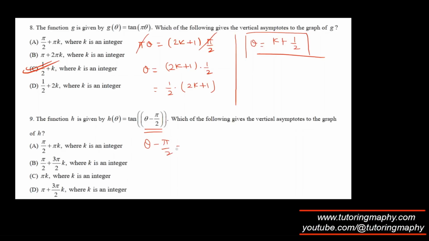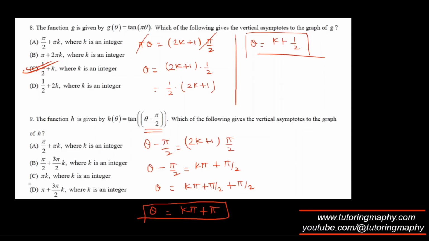Now theta minus pi/2 will be (2k + 1)π/2. So theta minus pi/2 is equal to, let's distribute this. So 2k times pi/2 is kπ, and 1 times pi/2 is pi/2. Adding pi/2 to both sides, so kπ + pi/2, and then plus pi/2. So pi/2 and pi/2 are added. So this will become kπ + π, which is option